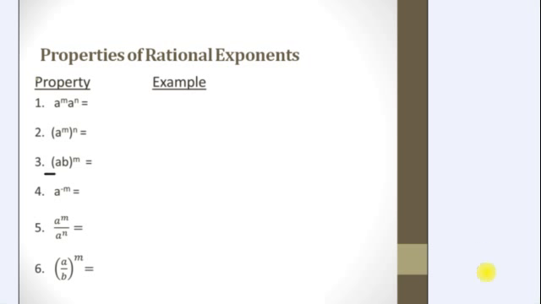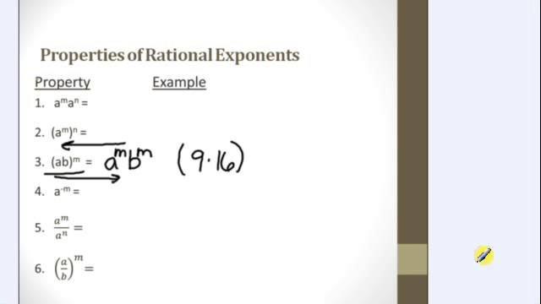Next, we have a power of a product, and we can distribute the exponent to everything in the product, each factor, and write that as a to the m power times b to the m power. Now, sometimes it's going to be helpful to simplify going in this direction by distributing the exponent. Other times it's going to be helpful to simplify going in this direction by multiplying the bases if the exponent is the same. So an example of this with fractions, if I have 9 times 16 raised to the 1/2